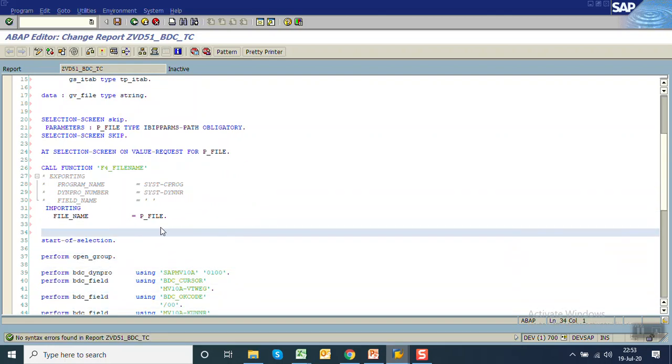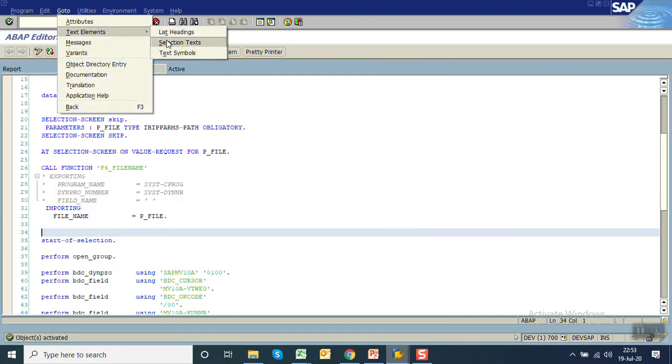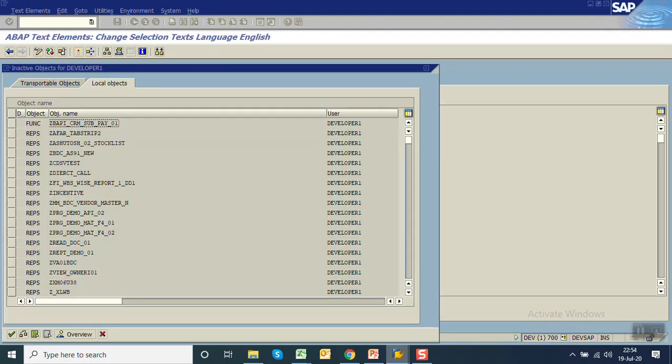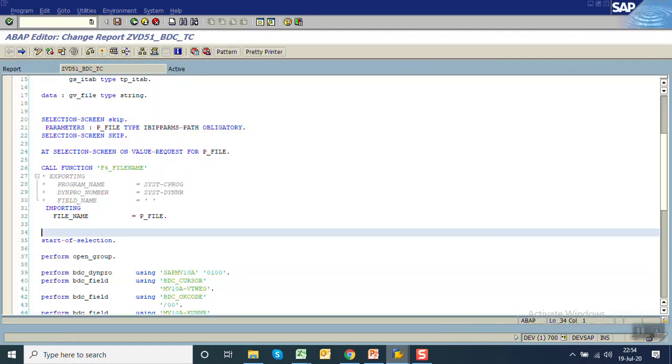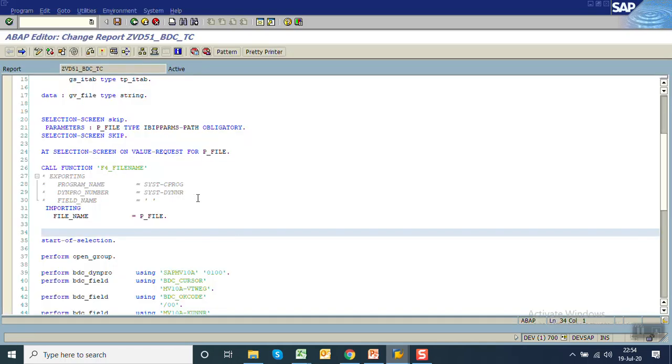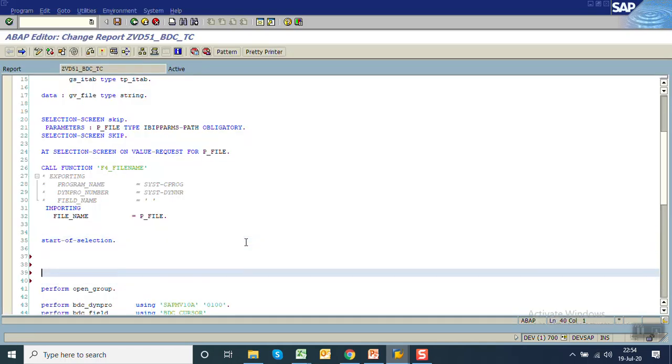Save, check, activate, go to text element, that is a text file, save and activate, execute. So you can see on the screen we have a text file. Go back. Now here we have to upload